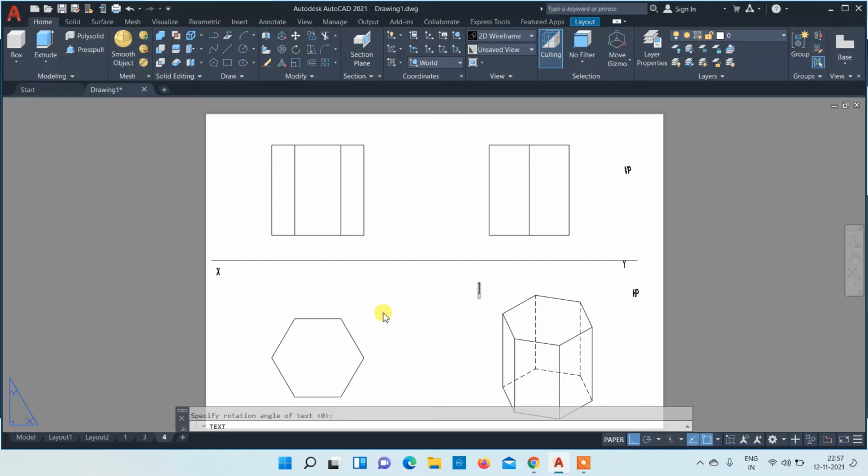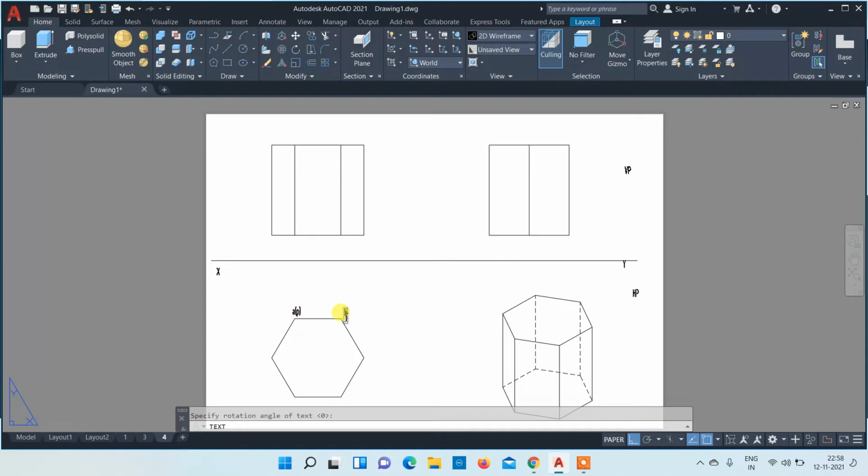It is a hexagonal prism, so you will have two hexagons, one on the top and another one at the bottom. When naming, the top hexagon will be visible and the bottom hexagon will not be visible, so that one should be put in brackets. I'll mark the top hexagon with A B C D E A, and in the bracket I put P, because the P corner is present in the bottom hexagon.